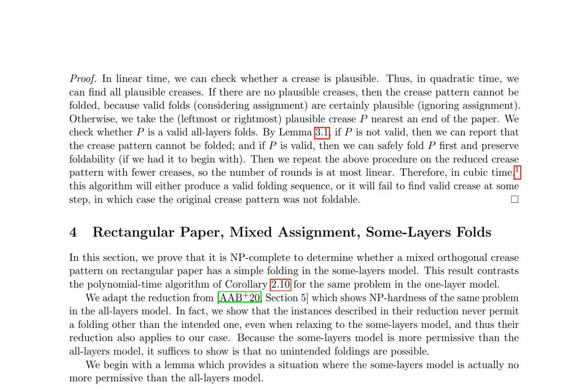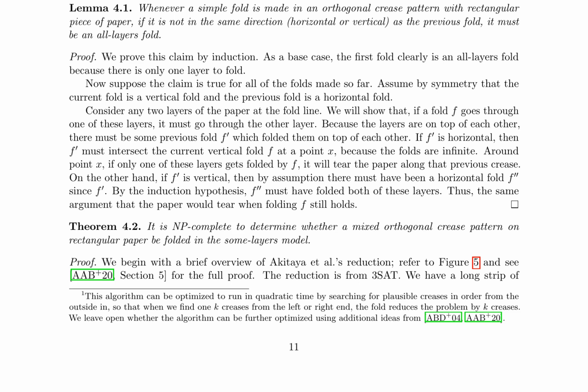In the realm of geometric origami, this research paper delves into the complexities of determining whether a mixed orthogonal crease pattern on rectangular paper can be folded in the sum-layers model. The paper begins by discussing a cubic time algorithm for checking the foldability of such crease patterns, which contrasts with the polynomial time algorithm available for the one-layer model. This algorithm iteratively identifies and checks plausible creases, either by folding them first or determining that they are not valid,